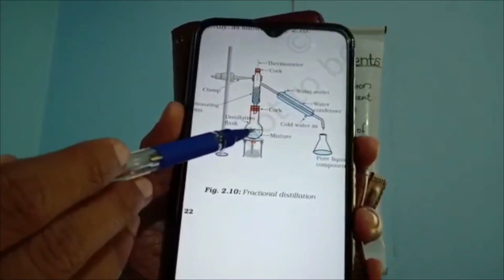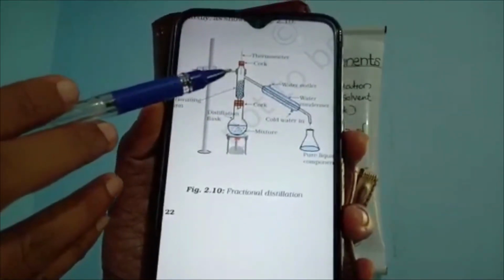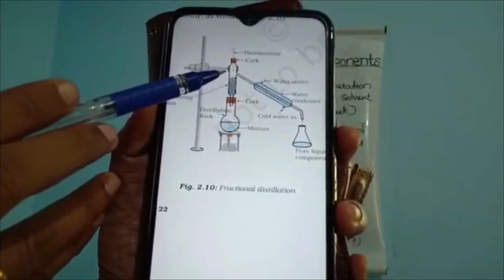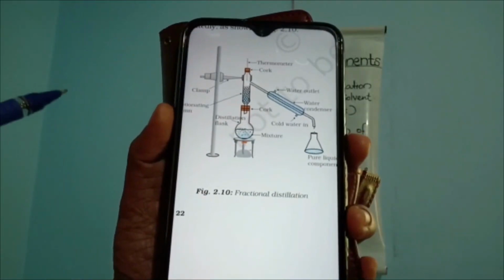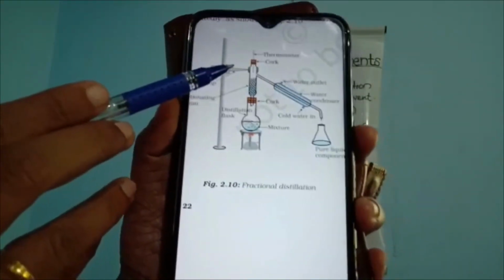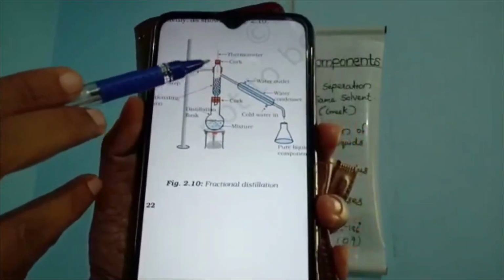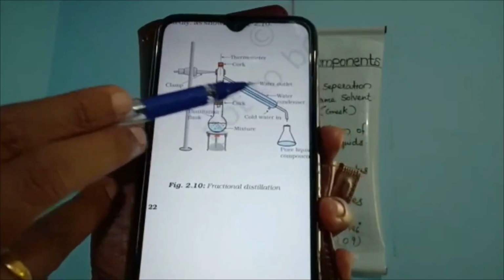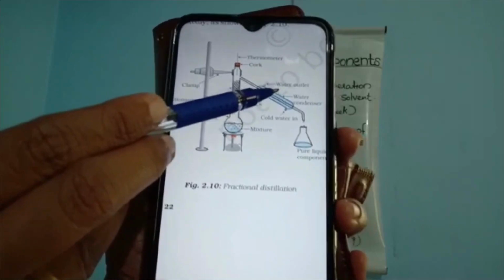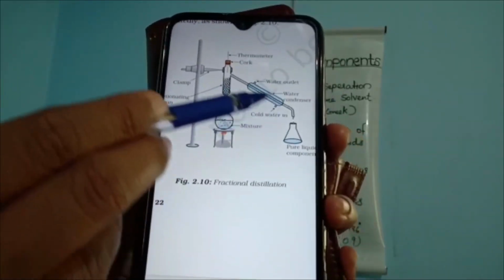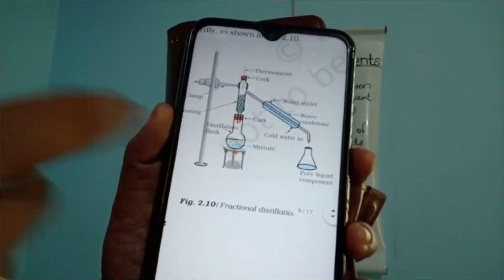Because of this heat energy, vapors are produced. These vapors slowly reach the fractionating column. The beads are there, and what they do is help the vapors to cool. Condensation is happening there, and the vapors are cooling here, and again the remaining vapors pass through this fractionating column, and again they are cooled more and condensation happens here, and finally water drops are collected here in the last part. Okay, is it clear, children?